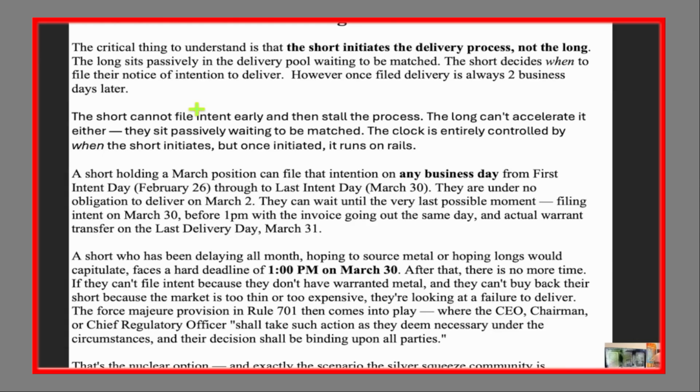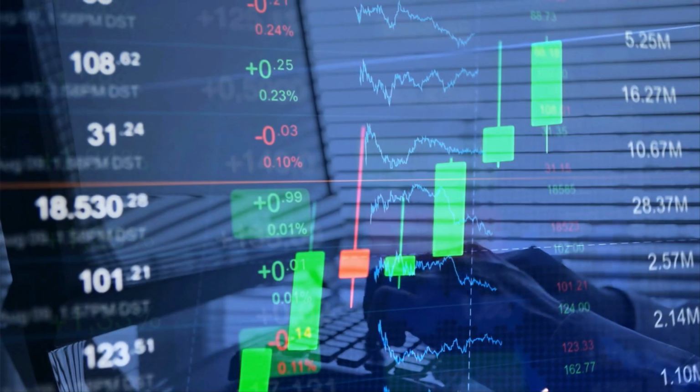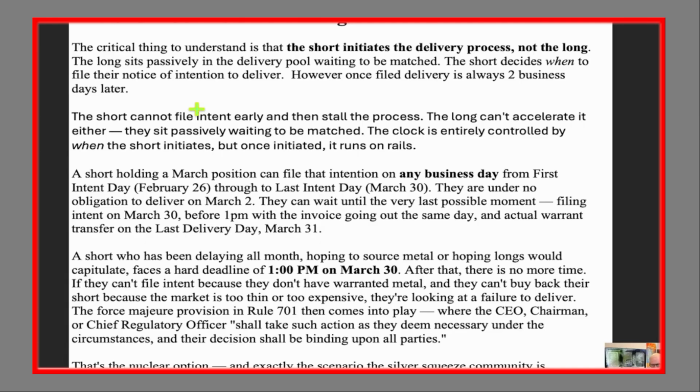And the minute it does, that's going to be matched up with one of the longs. It could be you or it could be somebody else, you don't know. It's a lottery. But if you haven't closed your position by the first intent date, the 26th of February, then you're likely at any moment to be told to pay, because don't forget, you've only paid with margin. You're going to be told to pay for the silver and the silver will be delivered to you. You have no choice about it.